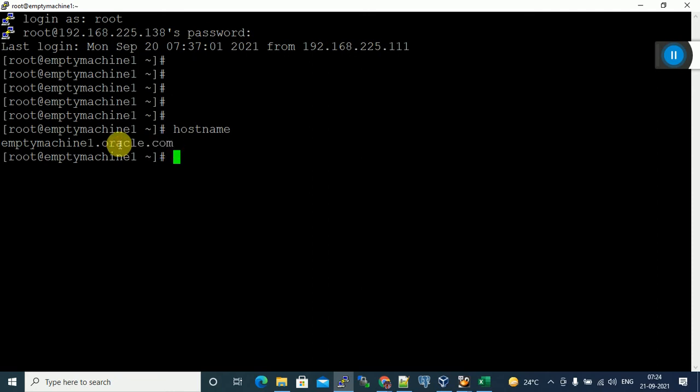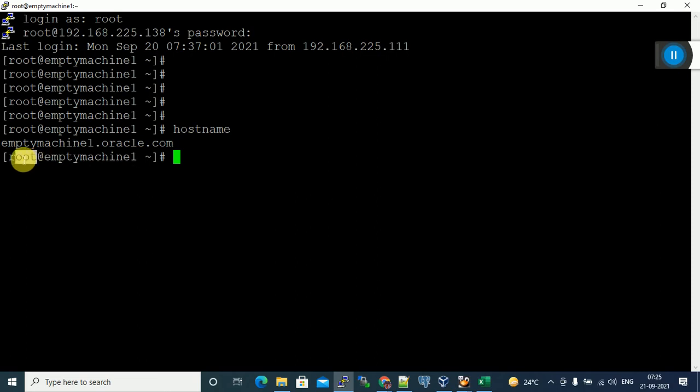Verizon.com. Yes, this is the domain name. This is the host name, the shortcut name. If anyone asks what the fully qualified host name is, you have to tell the complete mtmission1.oracle.com. This is the shortcut name.